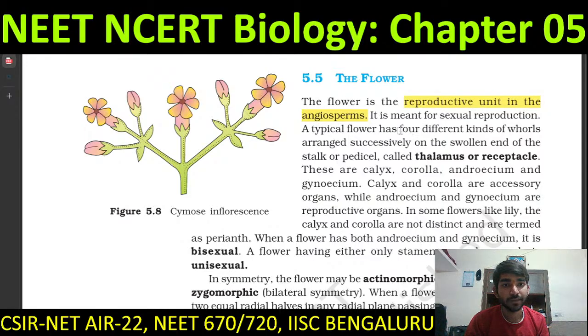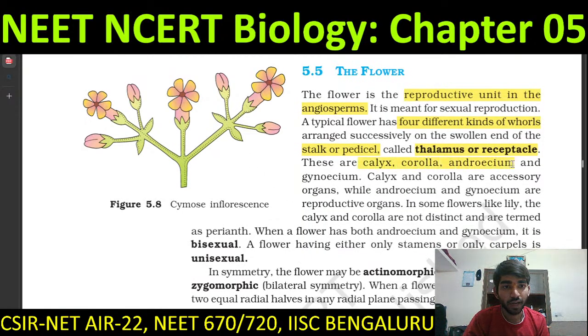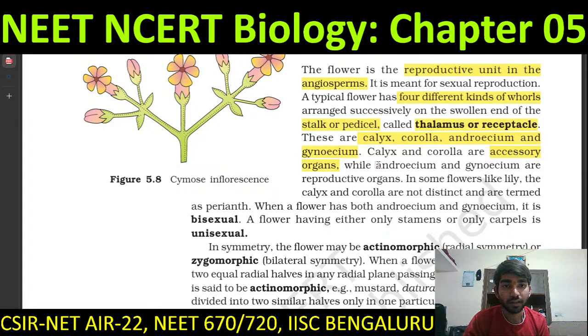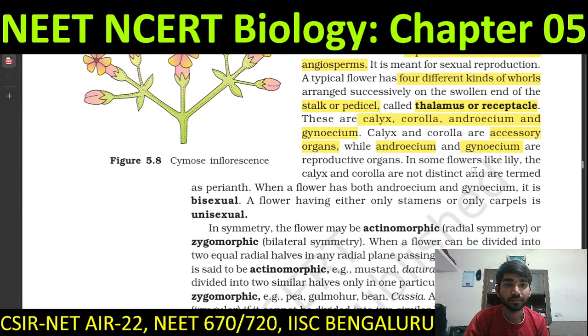A typical flower has four different kinds of whorls arranged successively on the swollen end of the stalk or pedicel called thalamus or the receptacle. So the thalamus has these four different kinds of whorls, and these are called calyx, corolla, androecium, and gynoecium. Calyx and corolla are accessory organs, meaning they support the sexual reproduction, but they do not partake in the sexual reproduction. But which are the key organs here? The androecium, which is the male gamete producing one, and the gynoecium, which is the female gamete producing organ,